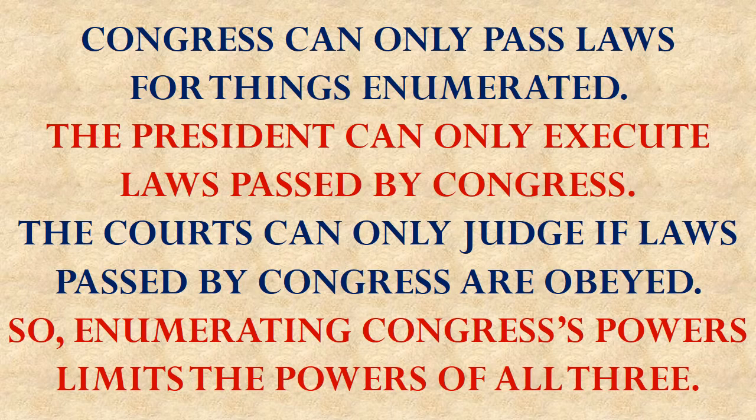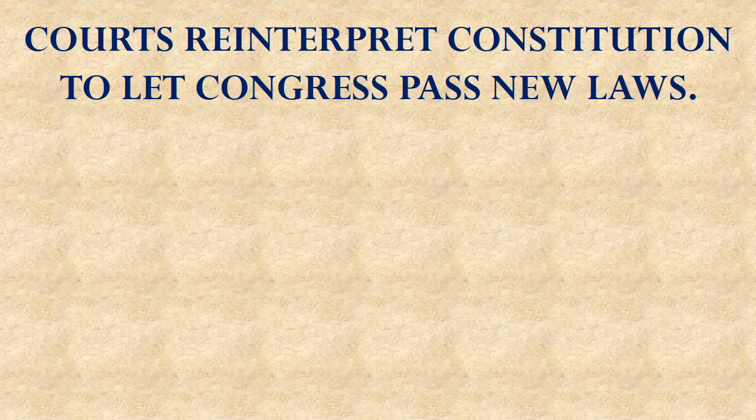Brutus changes this line of reasoning with his original premise. And that is what he saw happening: rather than Congress being restrained to its enumerated powers, and thus in effect restraining the other branches also, instead the courts would reinterpret the Constitution to let Congress pass new laws beyond what its powers originally were. So now think about that. This reinterpreting part is actually important. It's something we'll talk about a lot more later in the course.